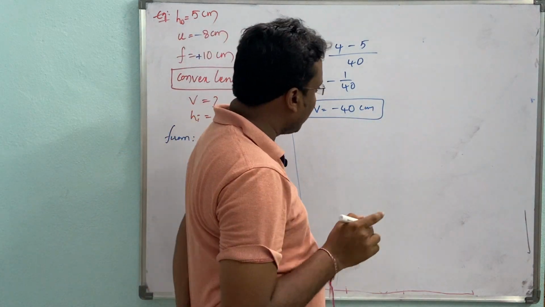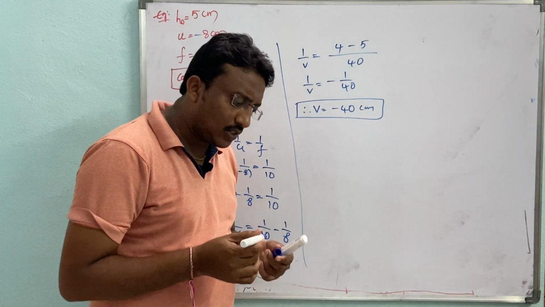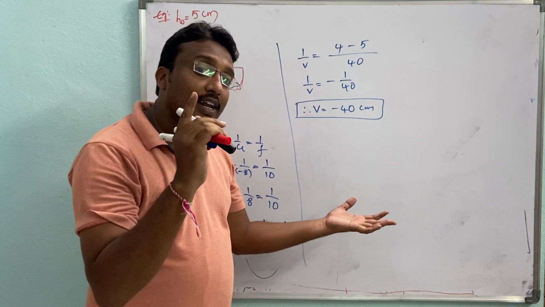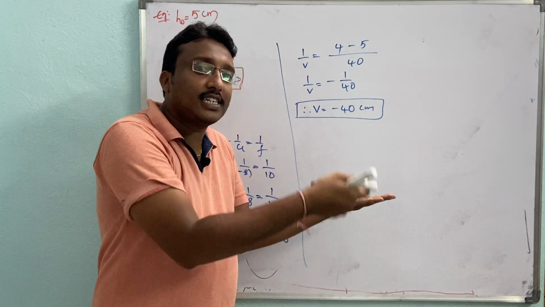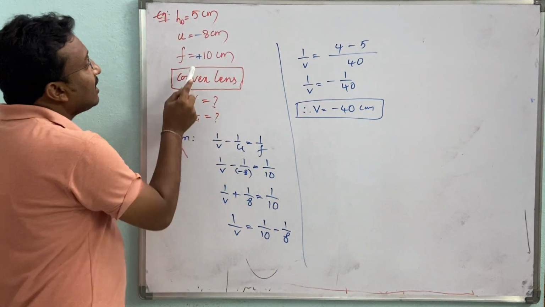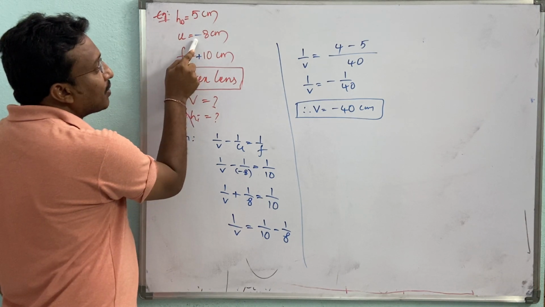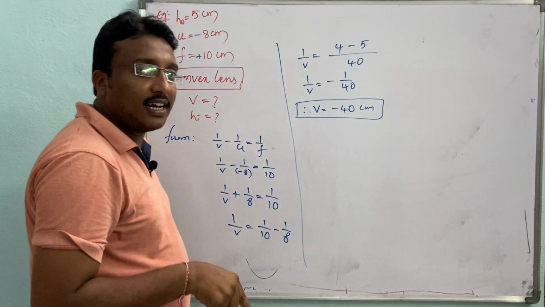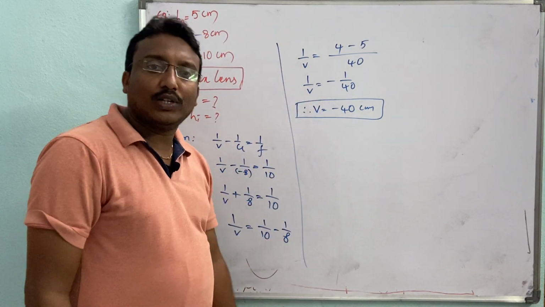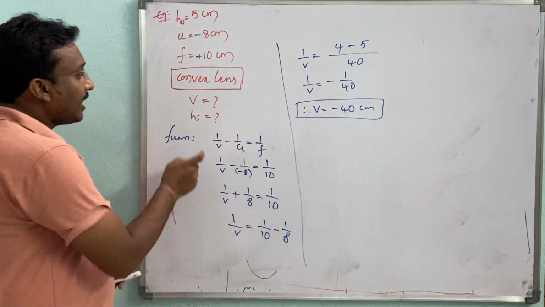Minus 40 centimeters. Is it right? Sign convention, we get the correct sign convention only. Yes. Sir, actually you said positive. No. When will we get a positive value of v? If it is real, but it is virtual. Why is it virtual? How can you say, sir? See, focal length is 10, object distance 8. So the object is present between optic center and focal length only, no? Then we should get a virtual image only. So minus is correct.